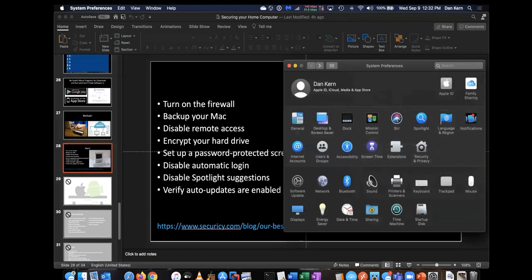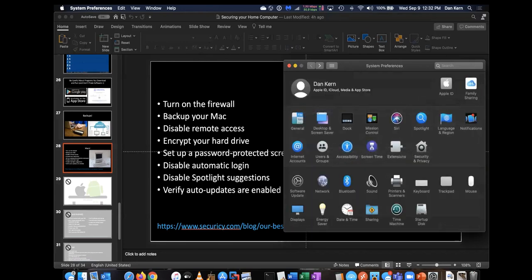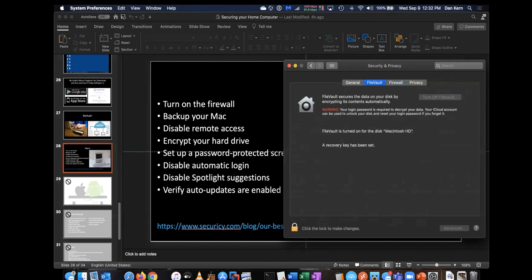The next thing you want to do is make sure that your hard drive is encrypted, and that happens under Security and Privacy here. You're going to go to FileVault and make sure that FileVault is turned on. When you reboot your Mac, it'll prompt you right away for your credentials, because it needs those credentials to unencrypt the drive so you can use it. That way, if your Mac does get lost or stolen, they can't take the disk out and get